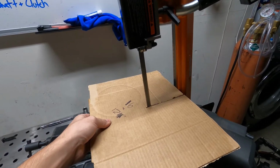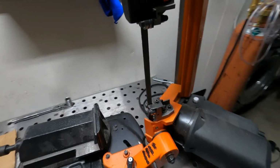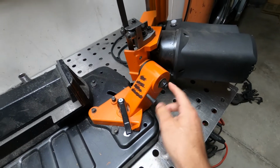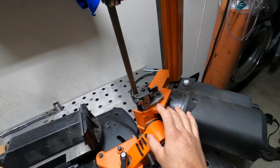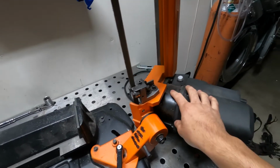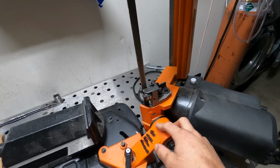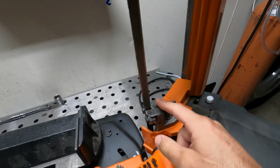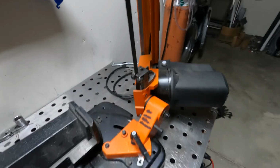So the only thing I have to figure out is how I'm going to mount the bandsaw to the table. What I'm planning on doing right now is just taking the bandsaw off the base unit and trying to figure out the measurements, how high I want the bandsaw off the ground, as well as what I'm going to need to replace to get this to work, like this bolt. I'm going to have to switch this bolt out to one that can sit flush with the new table, as well as just figure out,